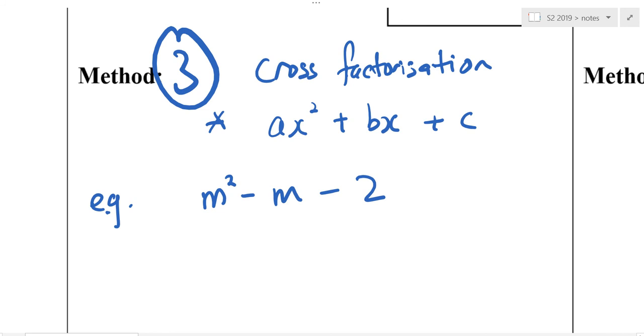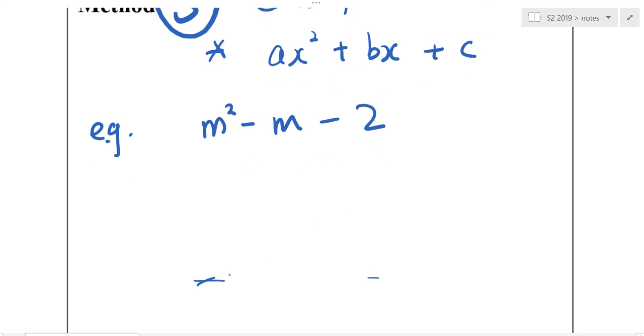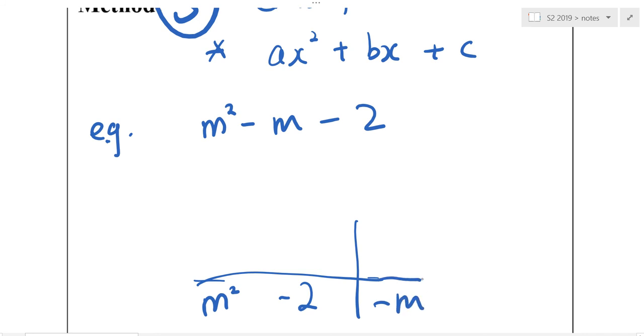Now, for this one, I will do the cross factorization. So what do I do? This is m squared. This is minus 2. This is minus m. Still remember? So I do the columns first. This is m. This is m. So this is what I write. M times m. Over here, 2 times 1. Multiply upward, what do I get? 2m. Multiply downward,